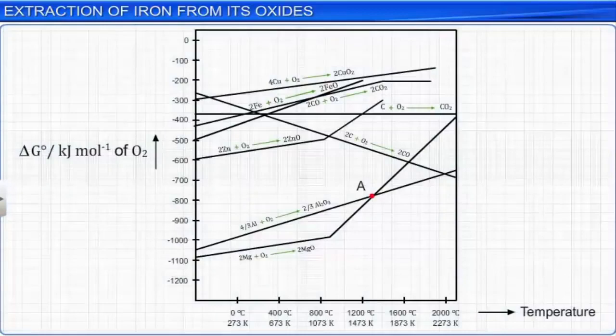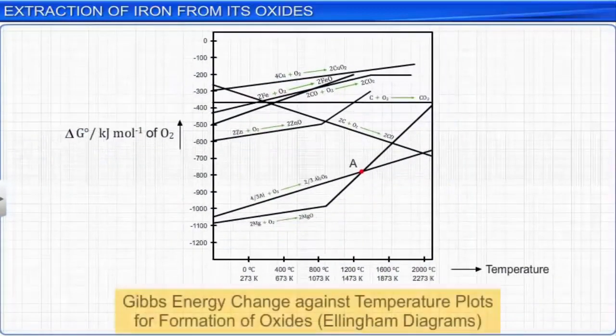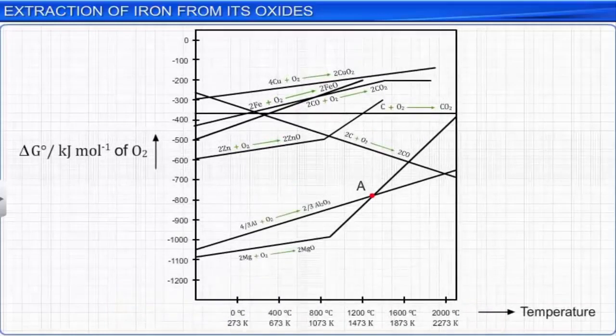Ellingham diagrams are useful in predicting the conditions under which a metal ore can be reduced to the metal. They give information to predict the equilibrium temperature between the metal oxide and the metal. If a graph is plotted for standard Gibbs energy change, delta G naught, against temperature in Kelvin scale, capital T,